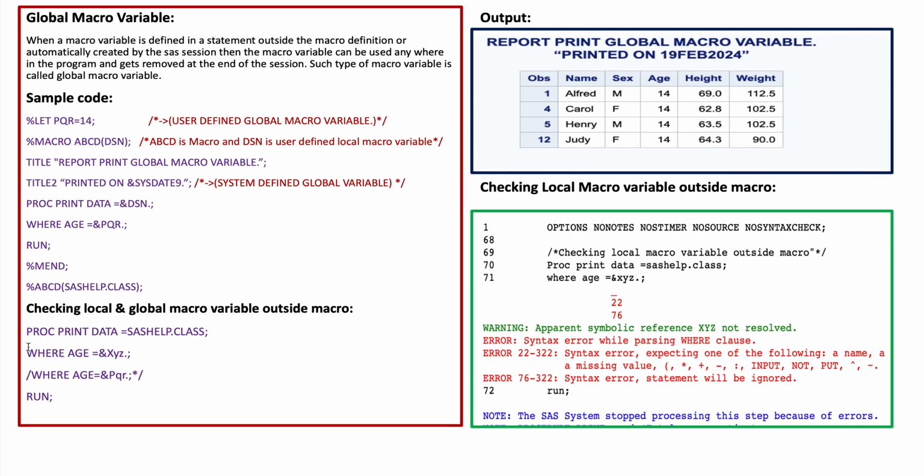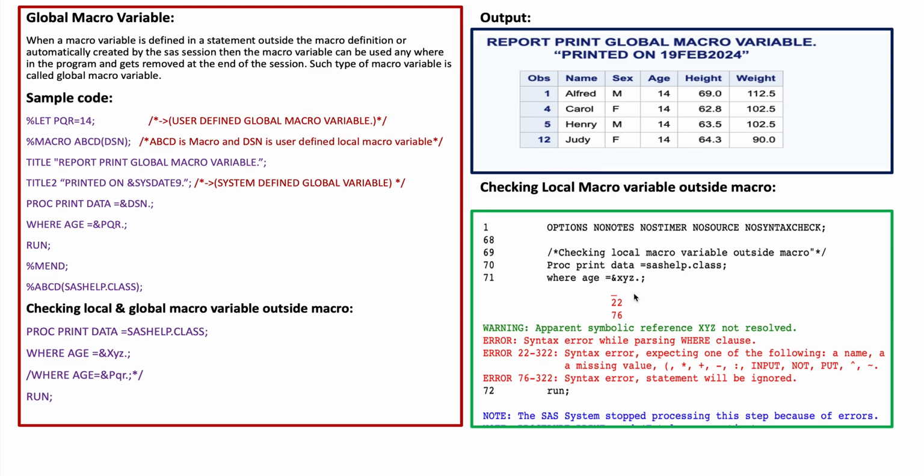When we run this third set of the code, it will display an error message as shown on the right side. It says apparent symbolic reference XYZ not resolved, because XYZ is a local macro variable, it cannot be